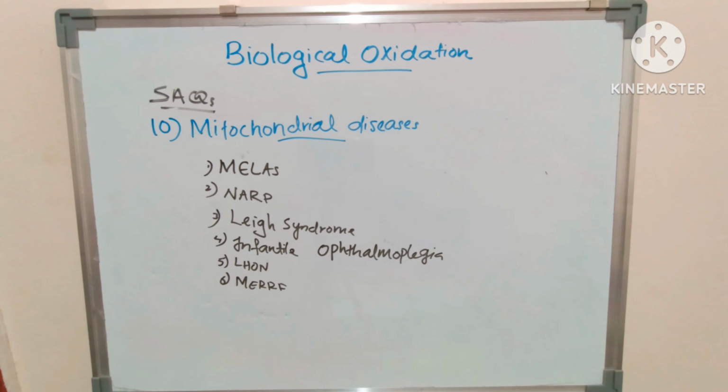Next important question is mitochondrial diseases. This includes MELAS, that is mitochondrial encephalopathy with lactic acidosis and stroke-like episodes, NARP, that is neurogenic weakness, ataxia and retinitis pigmentosa, then Leigh syndrome, infantile ophthalmoplegia, then LHON, Leber's hereditary optic neuropathy, and MERRF, that is myoclonic epilepsy with